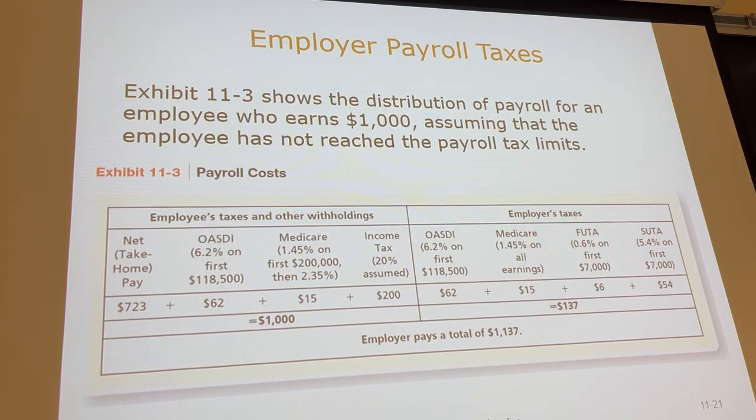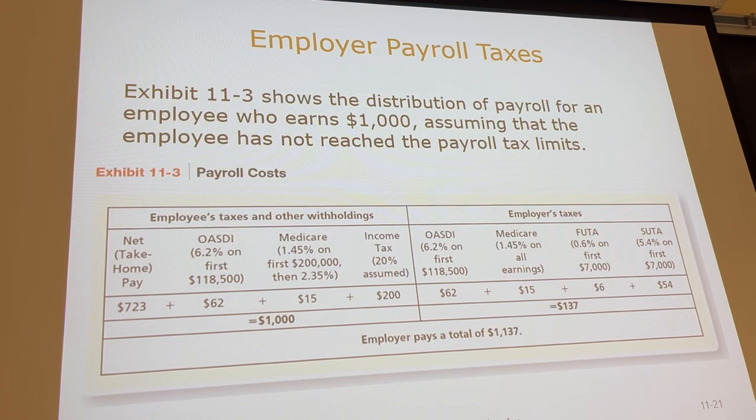So here's a good diagram that shows what the employee's taxes are and what the employer's taxes are. So for the employee, there's Social Security of 6.2%, there's Medicare of 1.45%, and then there's income tax withholding, which in this particular example we're assuming is 20%. Then for the employer's taxes, because they have to pay a matching share of FICA, the